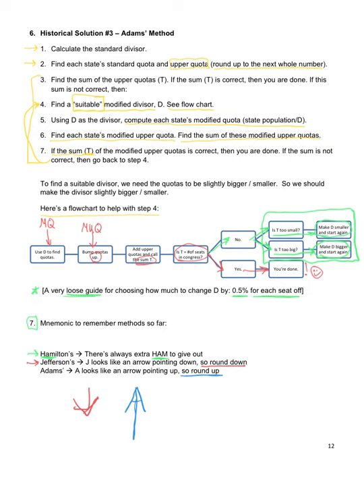Right, and you'll find in that timeline, if you read through it, that they actually kind of flipped back and forth between the various methods, and they tried to correct for some problems that they were finding by changing the number of seats to be apportioned. All right, so you read through that timeline, again, some interesting information in there. All right, on the next page